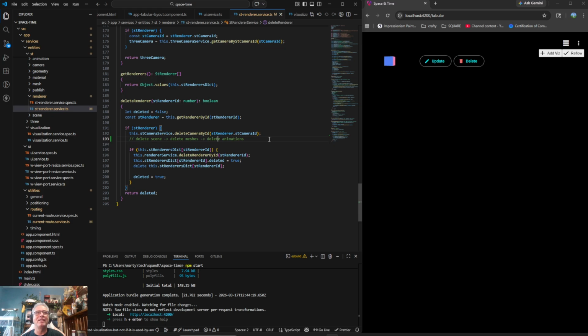So we want to delete the scene, and then we want to, so here we're deleting by camera ID. So we want probably something very similar, the st scene service, delete by scene ID. And then,